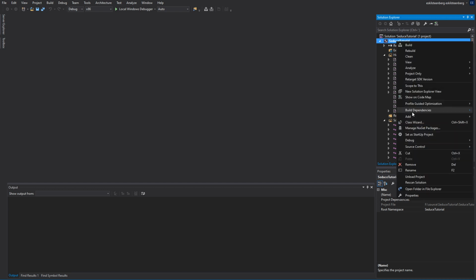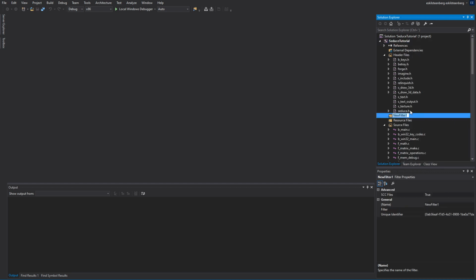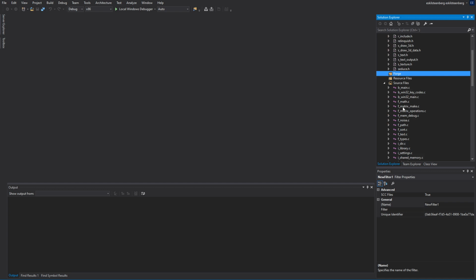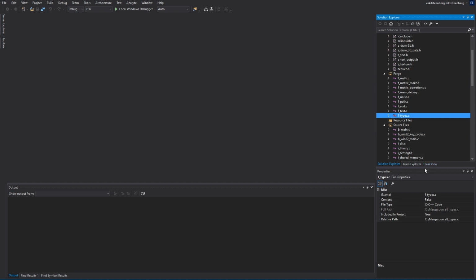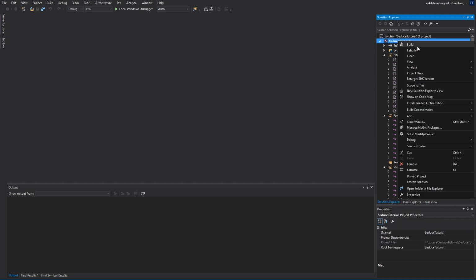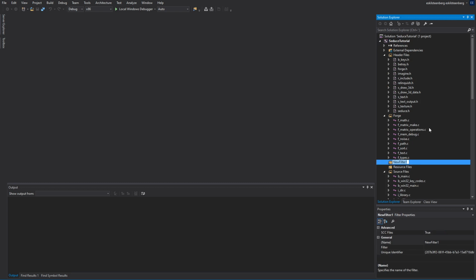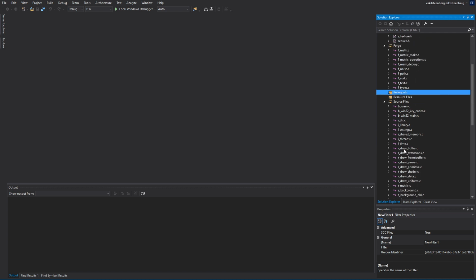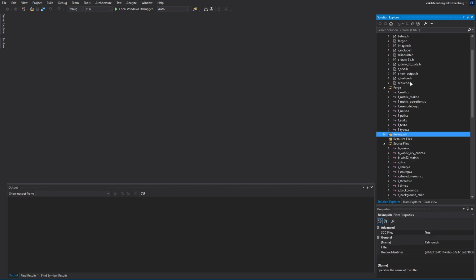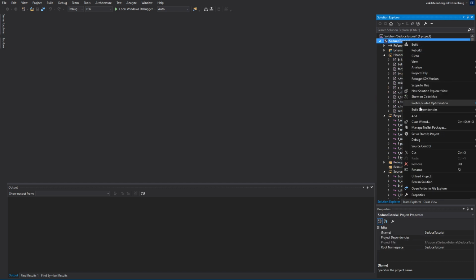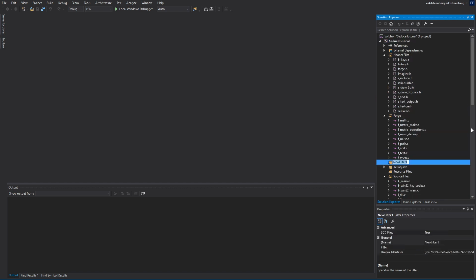And I tend to just want to add some filters. So I'm going to add one for Forge, and then drag in my Forge files. I'm just sort of keeping it a little bit tidy, like so. And then let's do that again. Add new filter, relinquish, and we're going to add all the files that start with an R into that. And then another one, add new filter,